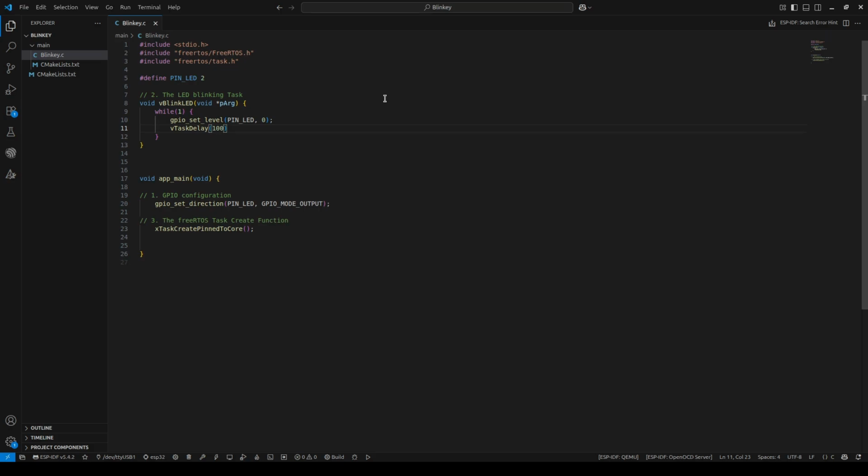In case you need to convert these ticks into milliseconds, there is another function called pdMS_TO_TICKS. This function performs the task I mentioned so far, which is to convert milliseconds into ticks. So in this case, our LED will remain off for 100 milliseconds. Put a semicolon here. I'm going to repeat the same statement, but in this case,